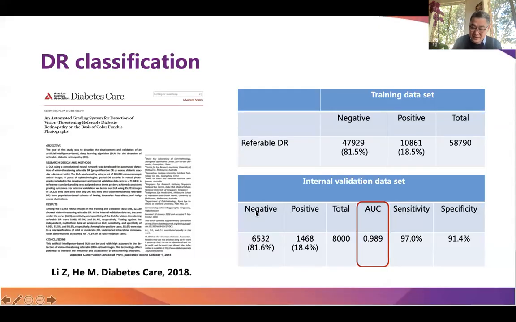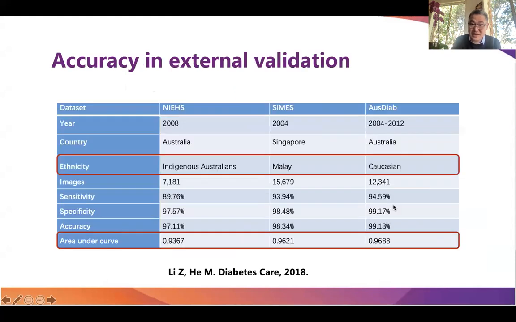We also published one of the first papers on artificial intelligence in diabetic retinopathy. At that time it was surprising, but now it is not that surprising. We reported a very high AUC and accuracy, and also very good sensitivity and specificity. And more importantly, when you run an external validation, you can see this AI algorithm, developed primarily in Chinese patients,